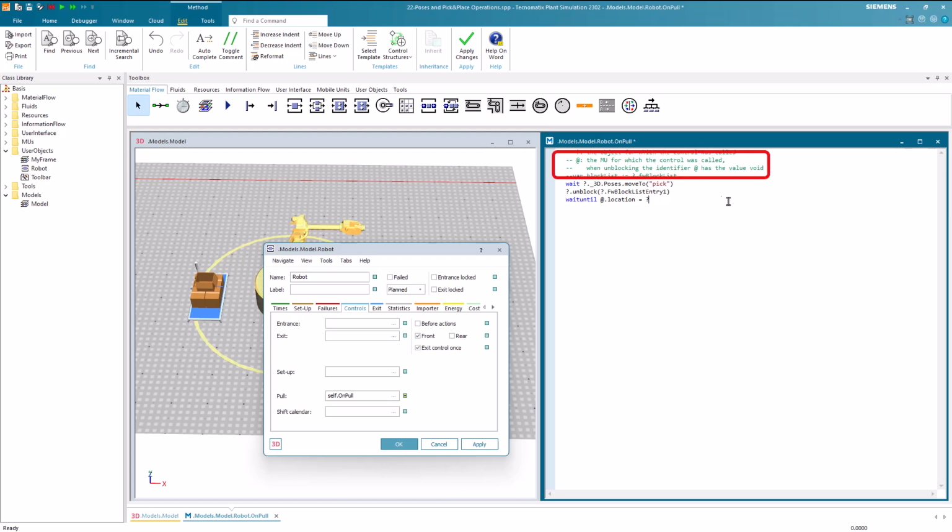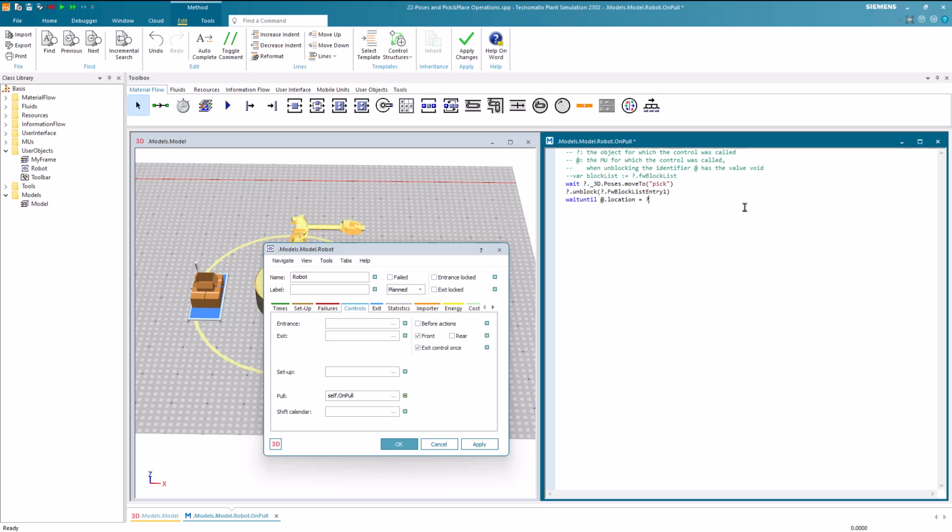It is crucial to review the comments at this point. As indicated, the anonymous identifier will be void after unblocking. Hence, it is impractical to use it further. Instead, we should utilize the forward blocking list. If you are unfamiliar with the forward blocking list, consult the help or refer to video 13.